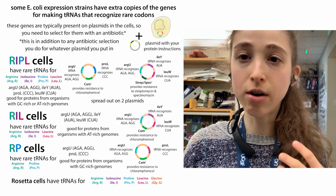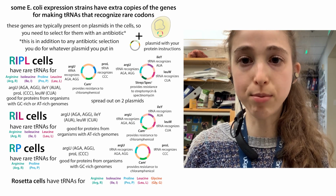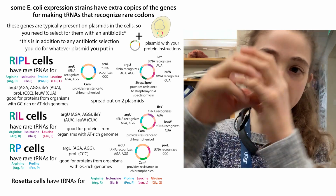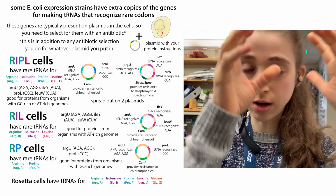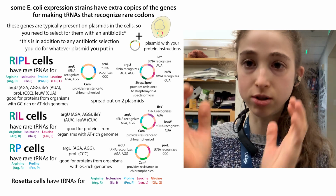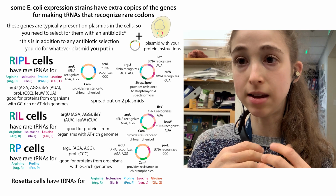And so there are different expression cells that you can use to express a protein in bacteria, and there are ones that have extra plasmids, so they have a piece of extra information outside of their own genome. So they have their own genome with their own DNA, and then they have a separate plasmid, a circular piece of DNA, and this is going to have instructions for making the tRNAs